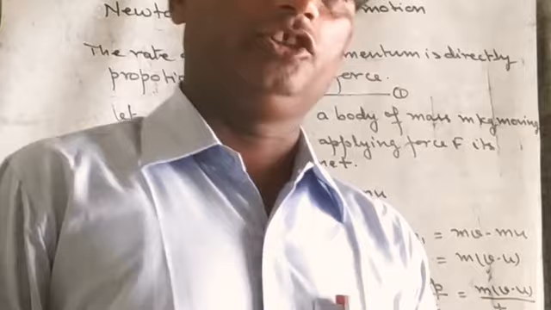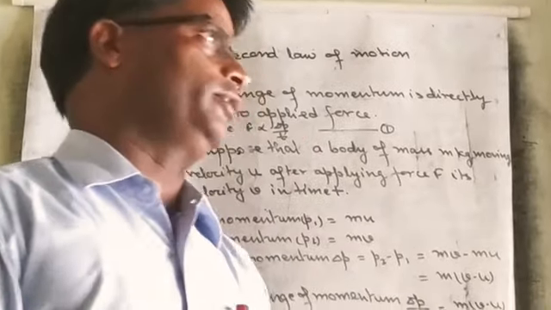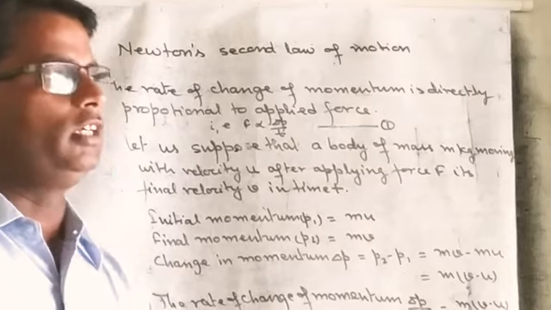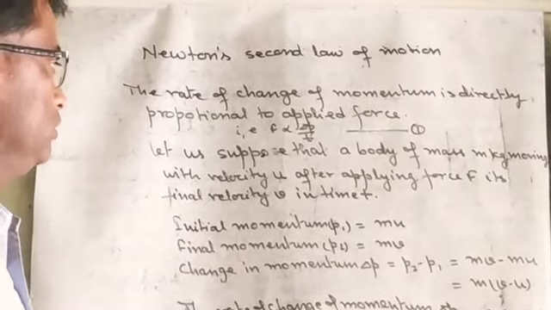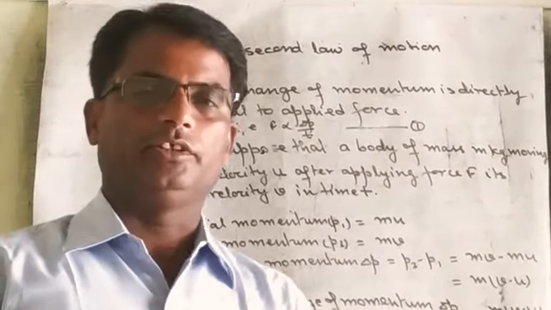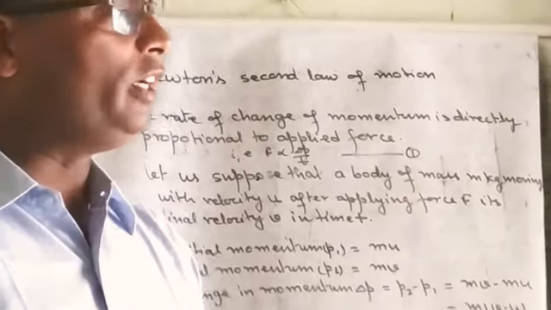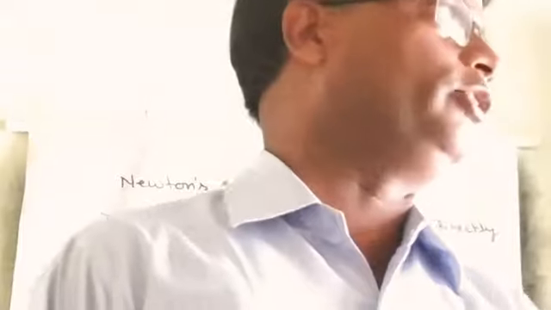If a body is in a state of rest or in uniform motion, then it will always remain in a state of rest or uniform motion unless or until an external force is applied on it. This Newton's first law is also known as Galileo's law. Why is Newton's first law known as Galileo's law?